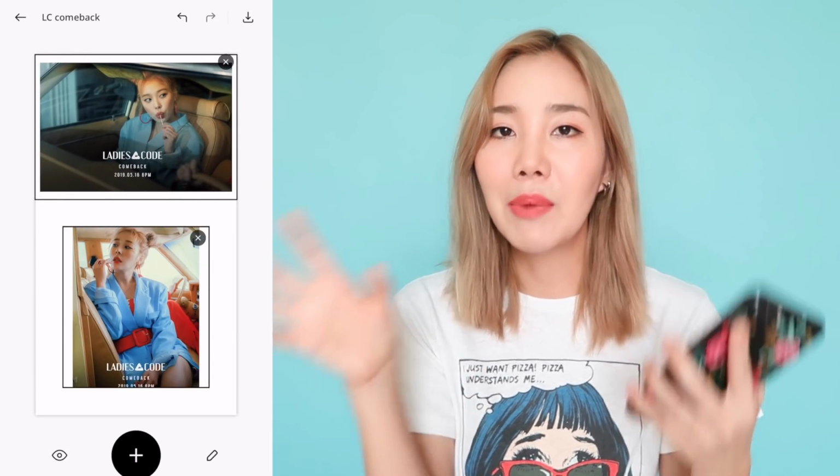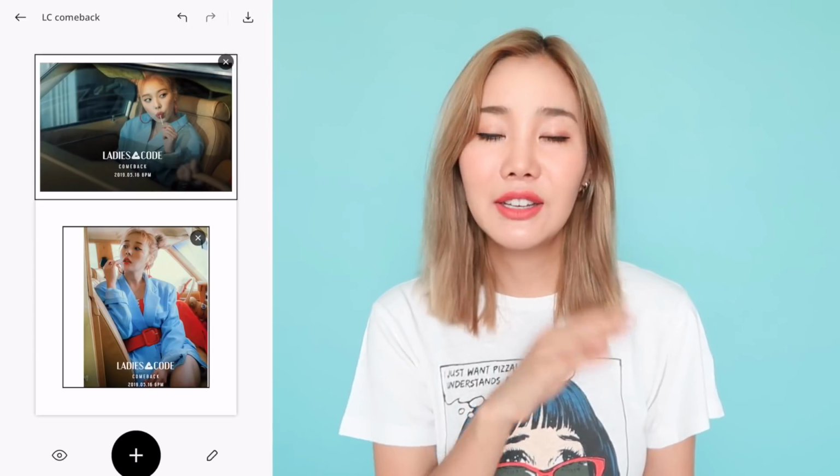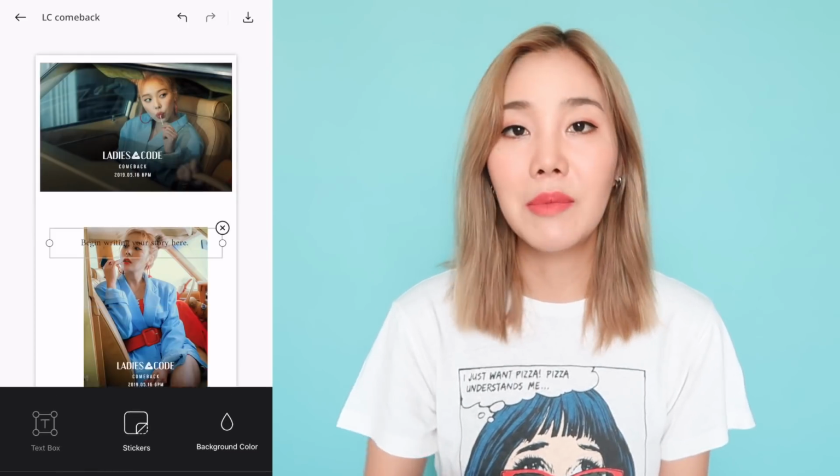And other apps I have is of course Boomerang, but I don't really use it. I like to use the one built in the Instagram app. I have this really cool app called Unfold for Instagram stories. This is great for combining images and adding in different fonts, and of course there are many templates that you can choose from.